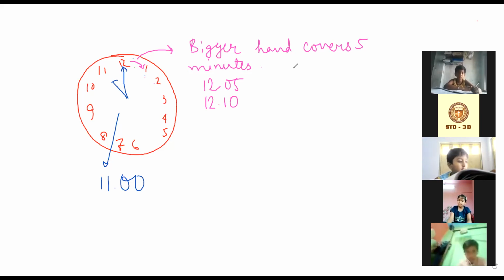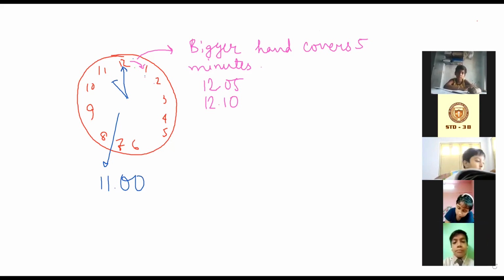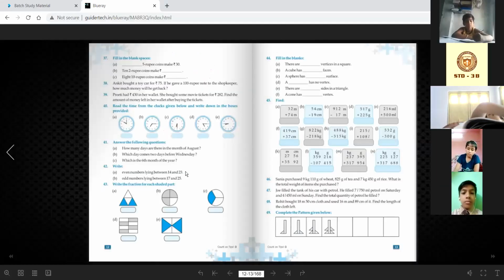Okay? So here in the book, we have all seen there are a few problems. Here we are going to do those things. First sum. So all of you are having the book. 40 sum we can see. So 40A.